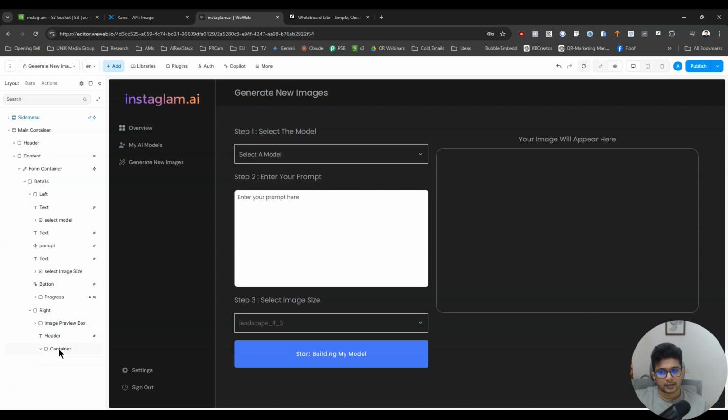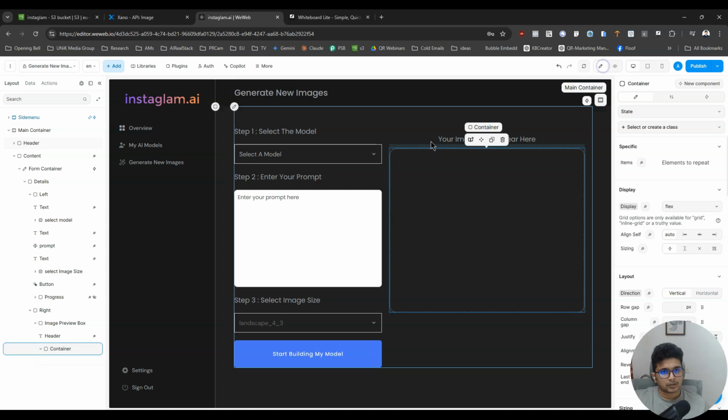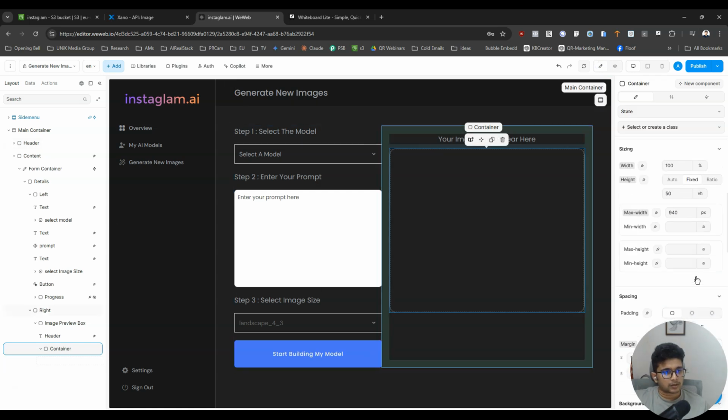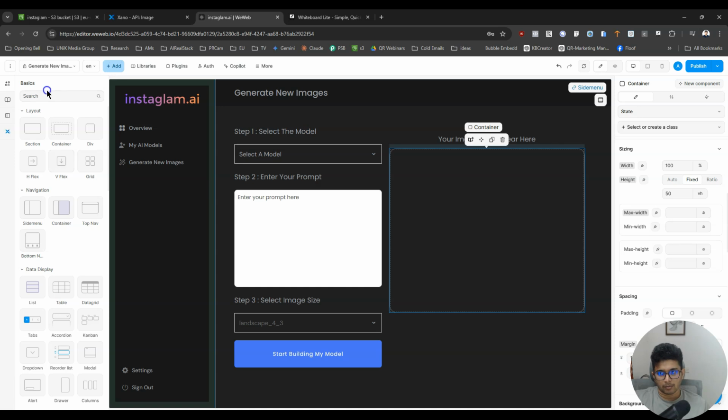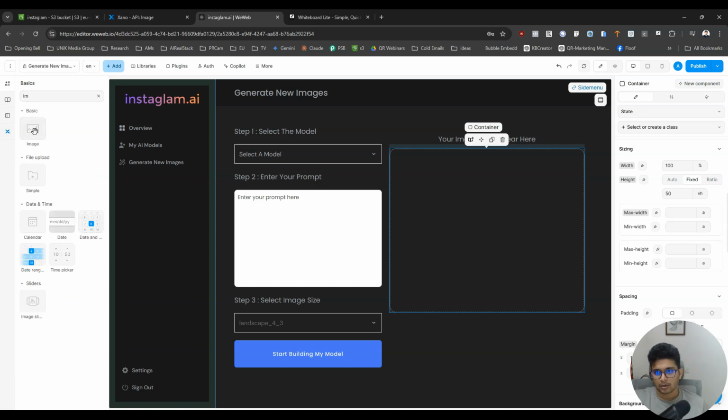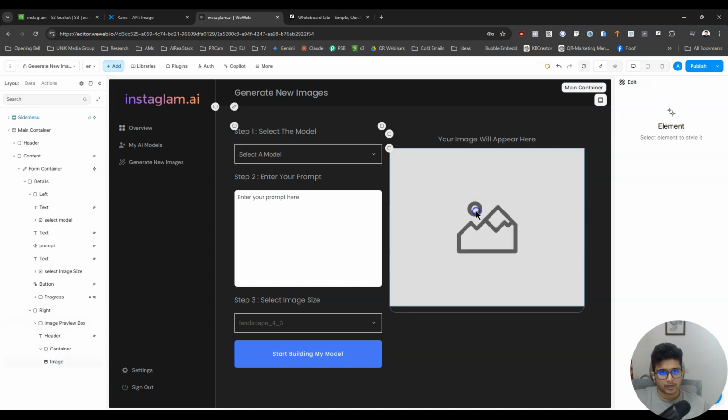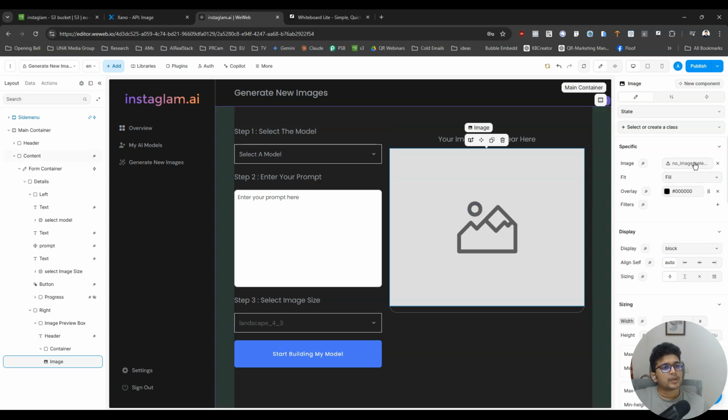Okay, now inside this container, we gotta do an auto. Inside this container we need an image, right? Image, and this image for now will be